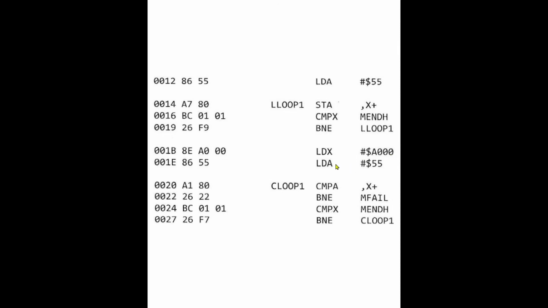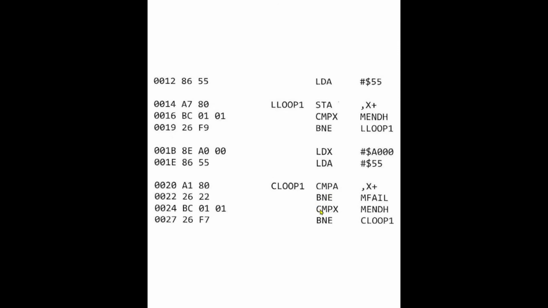And we load the A register with the value 55. And here's the compare loop. This is compare loop 1. So now we're at address A000 and we want to see if the value in that address of the SRAM under test is equal to 55. So we compare A, which has the value 55, to the address A000. And if that value in that RAM is 55,